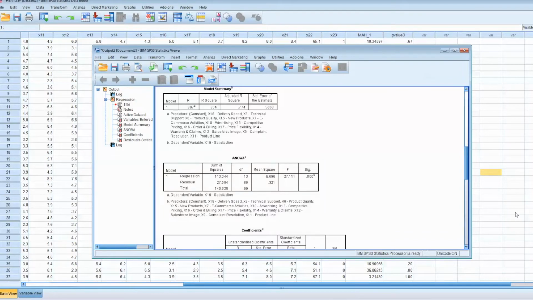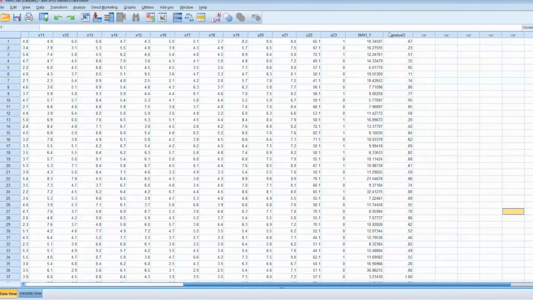We will examine the data. A new variable p_value_d is added, showing the p-value of the D-square. A p-value less than 0.001 indicates outliers for that case. To speed up the process, we can sort the p-values.